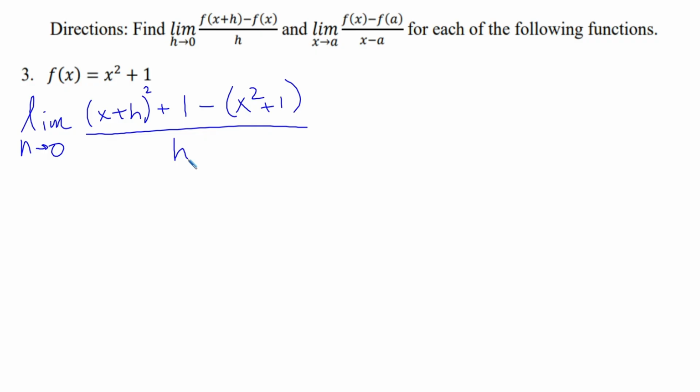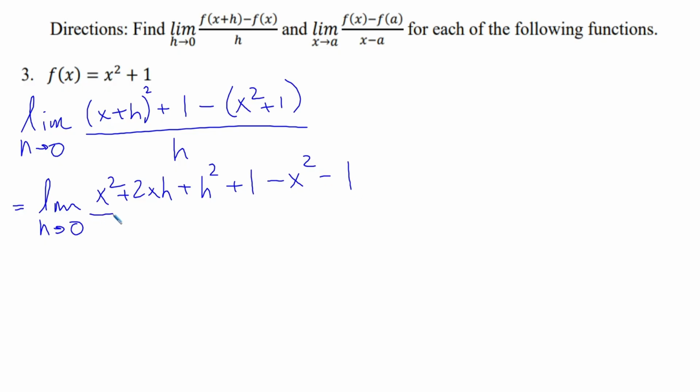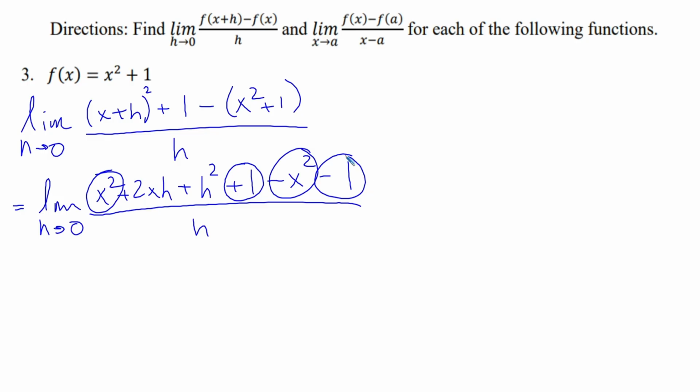We should be able to distribute out x plus h squared. All right, that's just a perfect square trinomial when we distribute that out. That should be x squared plus 2xh plus h squared, and then plus 1, and then minus x squared, and then minus 1. And we'll see that the same thing that happened with the last problems was that everything that didn't have the h in it canceled out, like the x squared with the minus x squared and the plus 1 with the minus 1, leaving us with just a limit as h approaches 0 of 2xh plus h squared